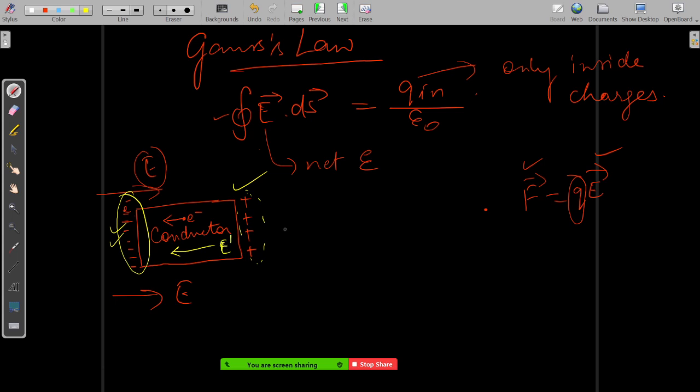Right? That is in the direction of force. That will be in the opposite direction, because electric field means what? A positive charge has an electric field in the direction of the force. What about negatives? It is in the direction of the force on electrons. Yes, exactly. So you will not bother about the force, no? We are not talking about the force here.